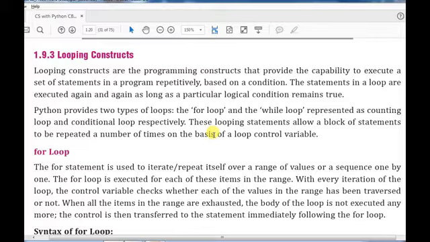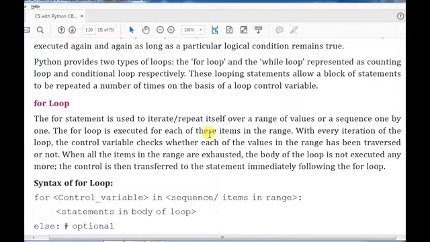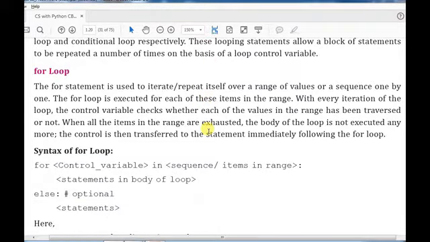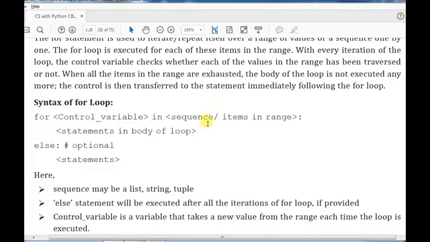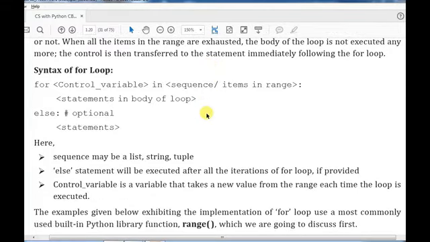Looping constructs are programming constructs that provide the capability to execute a set of statements in a program repeatedly. So when a statement is to be executed a certain number of times, we have to use a looping statement.